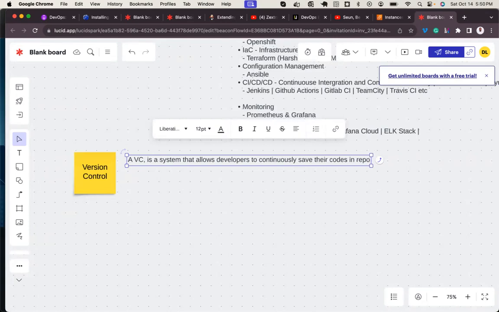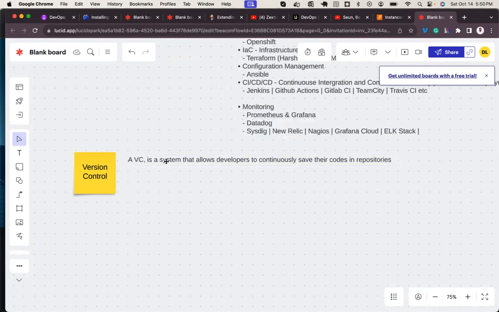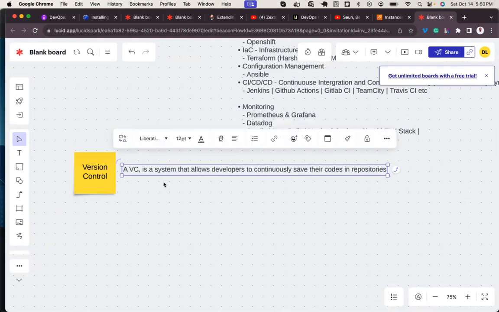All right. This is a very lame definition. It's a system that allows developers to continuously save their codes in repositories.